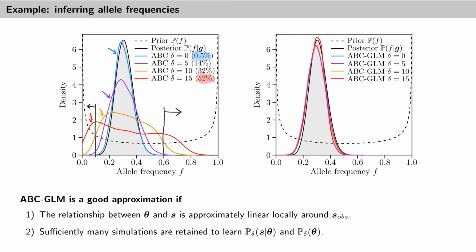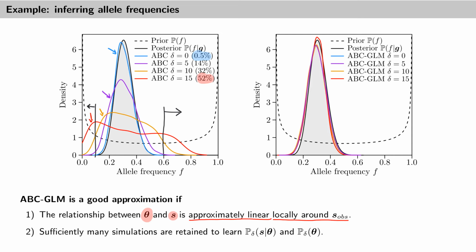There are two conditions that have to be fulfilled for ABC-GLM to be a good approximation of the true analytical posterior distribution. The first condition is that the relationship between the parameters theta and the summary statistics S is approximately linear, at least locally around S observed. It turns out that in practice, this is a very good assumption. The reason is that if we zoom in close enough to S observed, even a very complicated function tends to